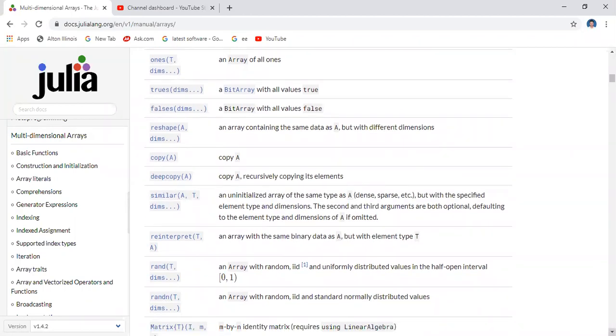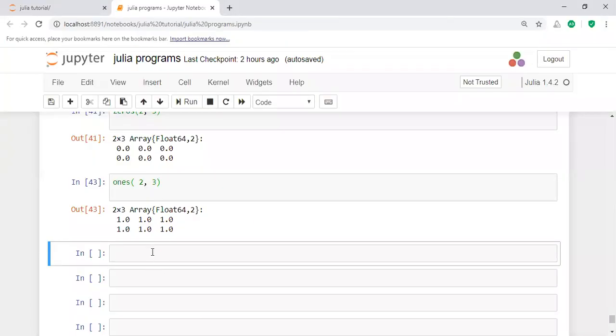That means you directly copy a into another, for example x. Let us take a simple example. Take x as an array, x equal to copy of a.